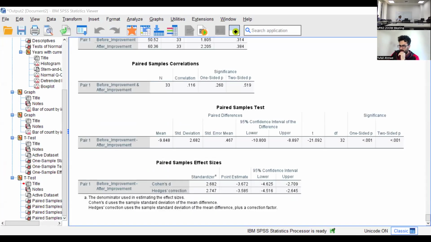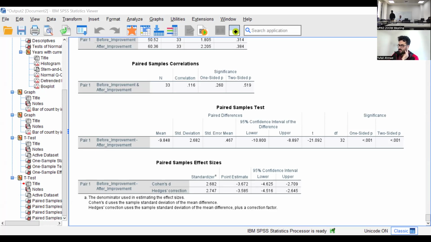And the hypothesis that I made was that there is no significant improvement in the number of bicyclists after improvement. But our alternative hypothesis is that there is a significant increase in the number of bicyclists after the improvement. So I look at my test results, and the significance is 0.01. That means that I'm quite confident about the result, that I can reject my null hypothesis.